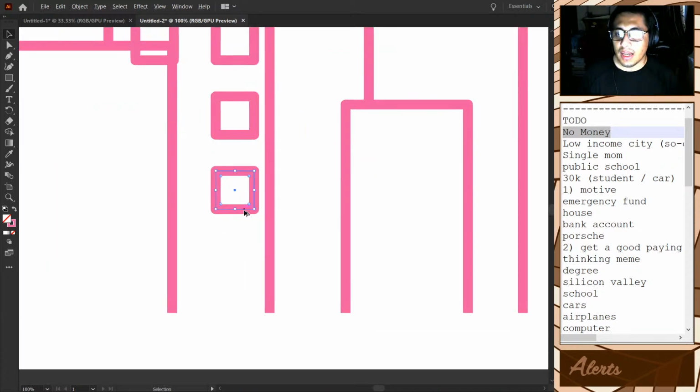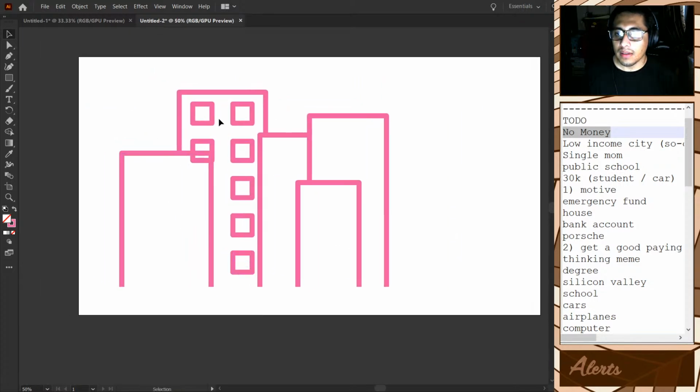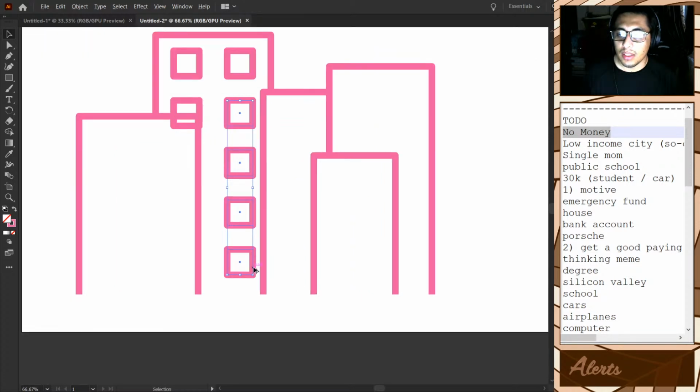I like to zoom in and out just to make it a little bit easier for me to see where we're at. So these look fine. Now highlighting these four, finding a place where you can copy them.